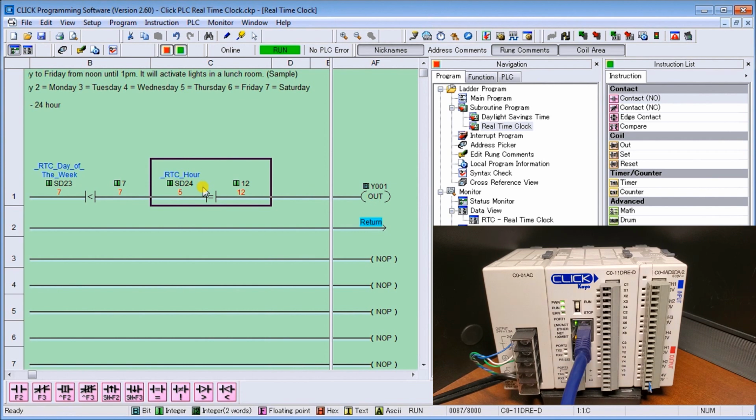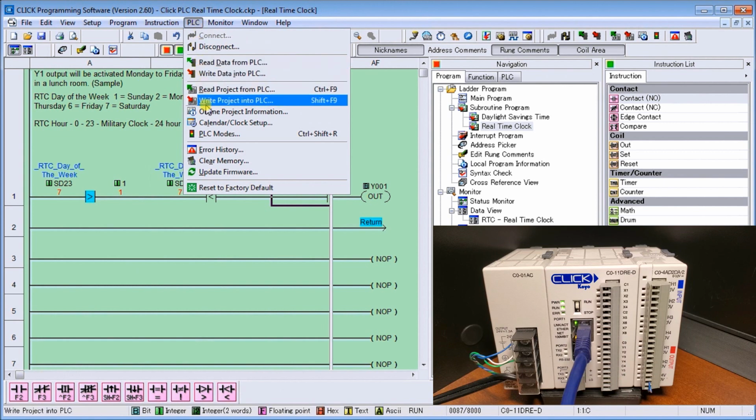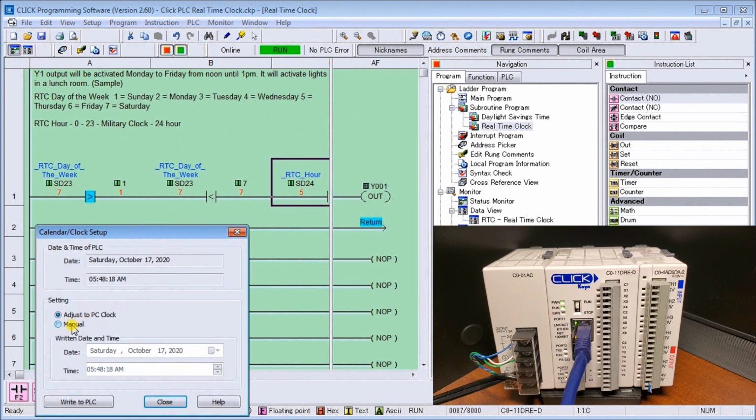Now, in order to change our variables, we go to the PLC, down to the calendar clock setup, and under the calendar clock setup we can manually adjust this. Let's just pick Friday, and we'll set 11:59 and 55 seconds, so wait 5 seconds, and then it will turn on that output. Write that to the PLC, and now you can see here,